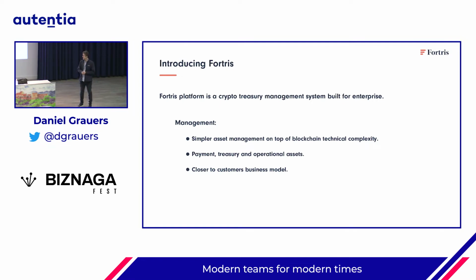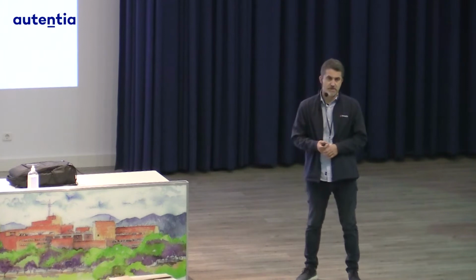we're doing. Fortris is a company dedicated to fintech products based on blockchain and crypto. The main product right now is a platform. It's a crypto treasury management system for enterprise. What does that mean? I normally use an example so that everybody